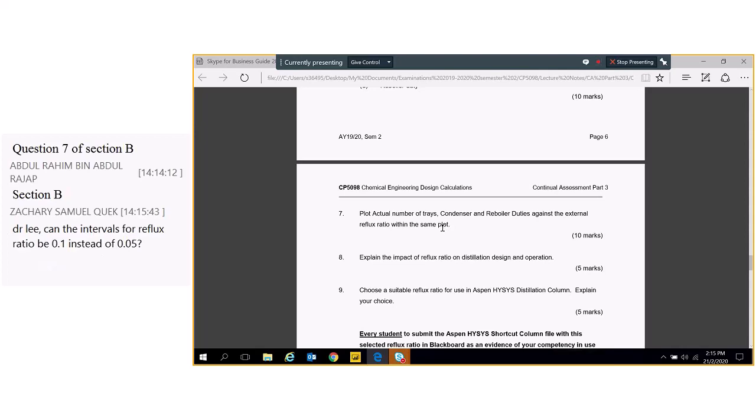Data series, some of the location of the cell on the Excel spreadsheet, you can manipulate, can change it, and then you can plot the actual number of trays, condenser, reboiler duties against the external reflux ratio. Now, external reflux ratio means